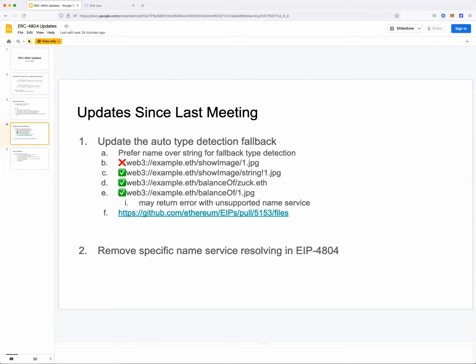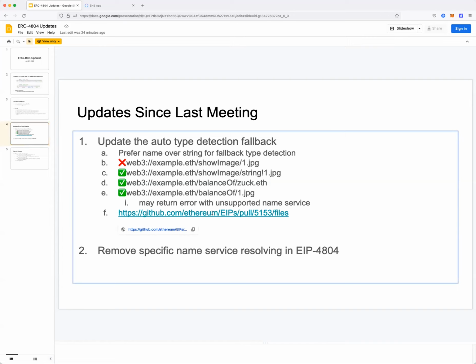Yes, that's correct. So there's a lot of ambiguity and room for error in your URL system then.